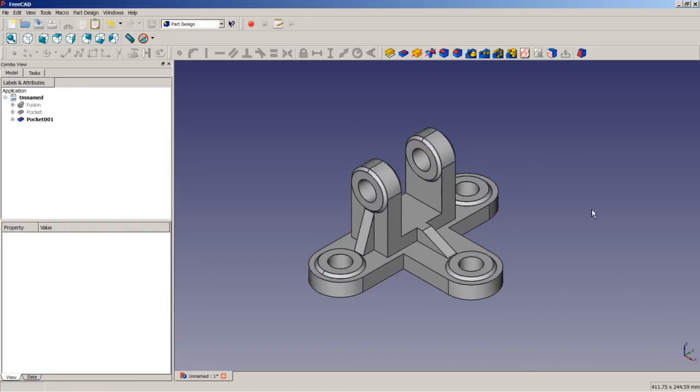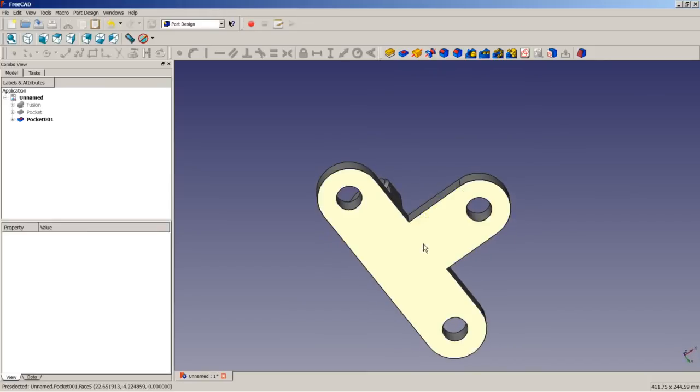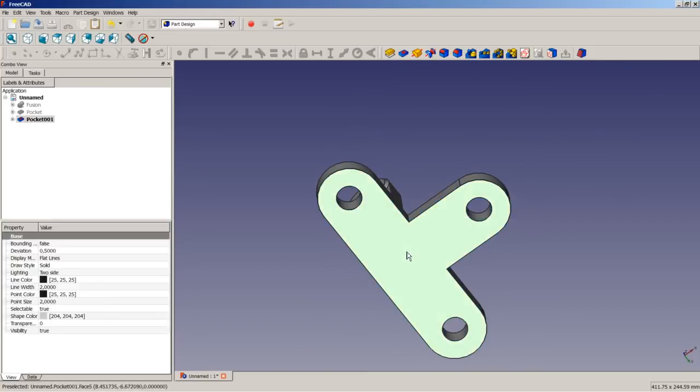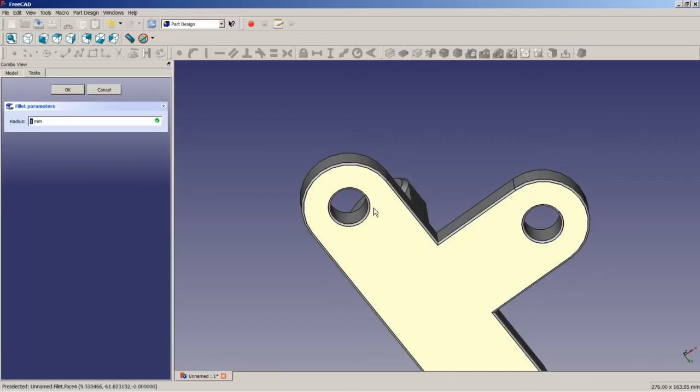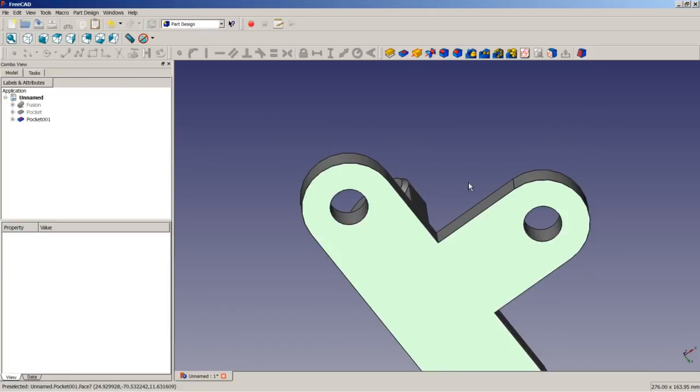So when applying fillets or chamfers in part design to a 3D model, we basically have two options. We can choose either a face to apply fillets or chamfers to, or we can choose edges to apply the fillets. For example, if I choose this plane, this face here, and apply a fillet radius, you see every edge of the face I just chose will get this radius. But I can also